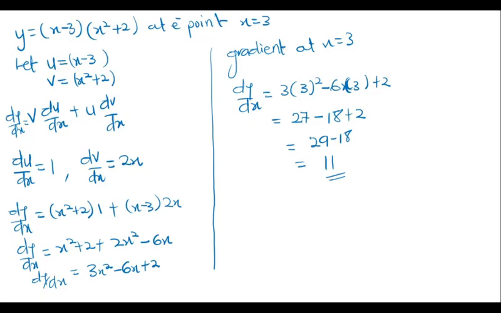Now let's move ahead to see how to find the tangent and then the normal to a curve. For us to find the normal or the tangent to a curve, we need a particular formula to use. The tangent to a curve is given by the formula y minus y1 is equal to m into bracket x minus x1, where